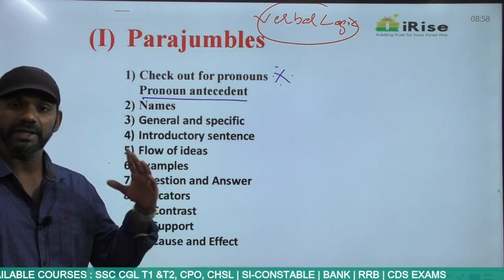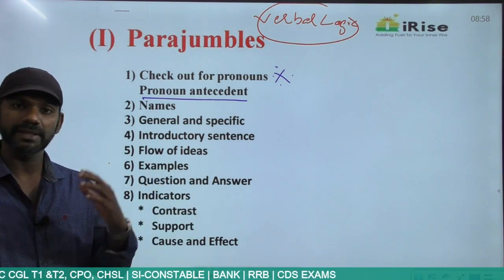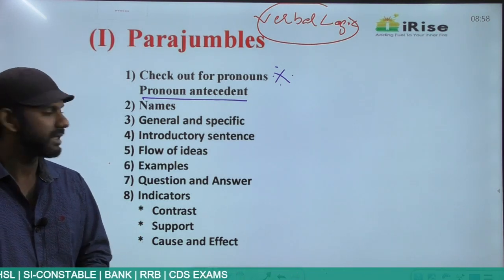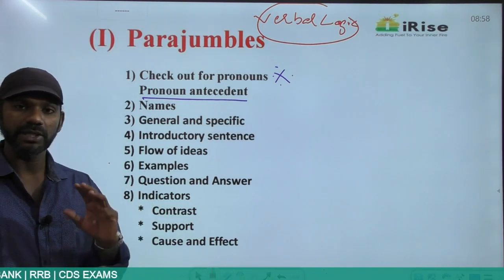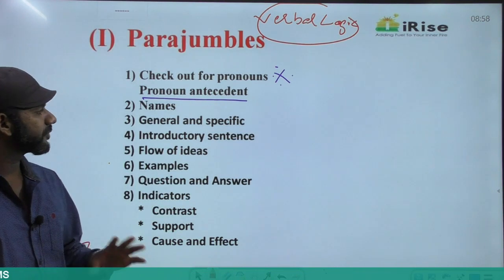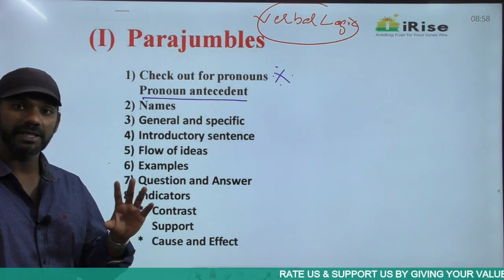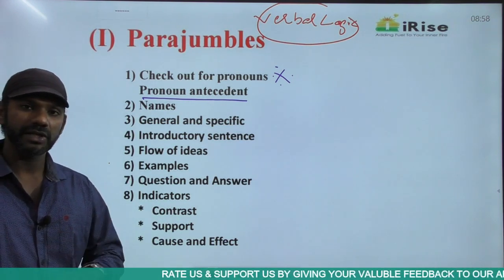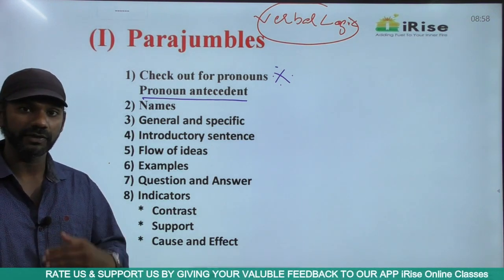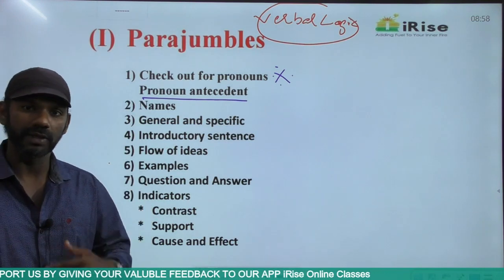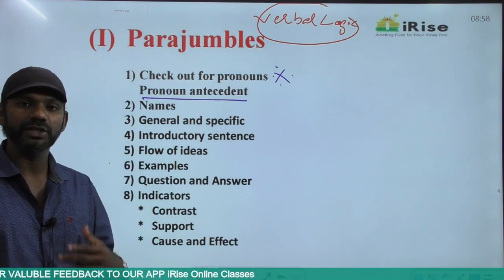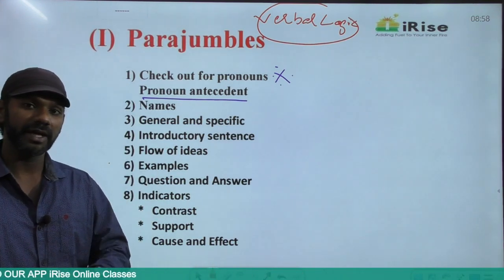It cannot be specific, it must be general, because the change happens from general to specific. The introductory sentence cannot carry a pronoun, it should carry a noun. It cannot be specific, it must be general. And when names are mentioned, the introductory sentence cannot carry half the name. The introductory sentence must carry the full name. So keeping all these in our mind will surely help us eliminate options, because in fact we can never miss